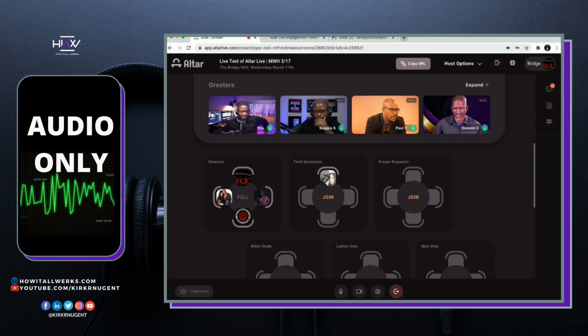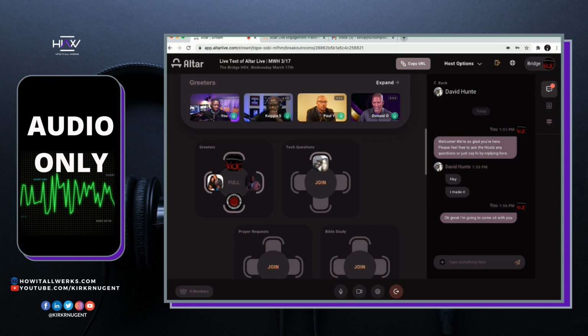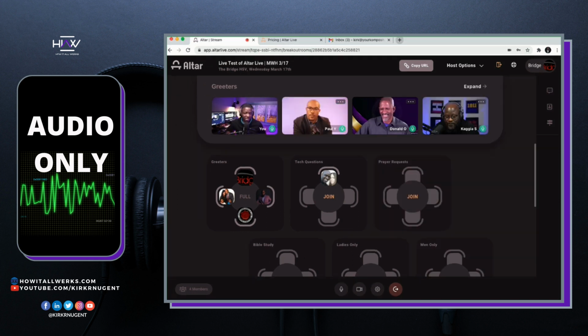Here on the screen, you're seeing the lobby in the table formats. You just click join on any one of these tables to be able to move to another table. What I also thought was cool is that we were able to name the tables, and you can get creative with that. Designating tables for greeters, for tech help, different things like that. Maybe there's a prayer table. I don't know, but